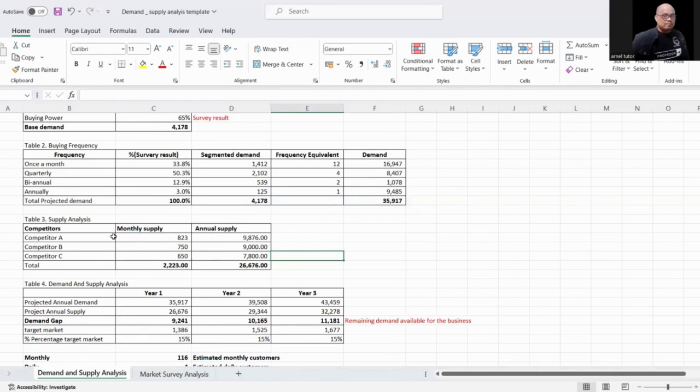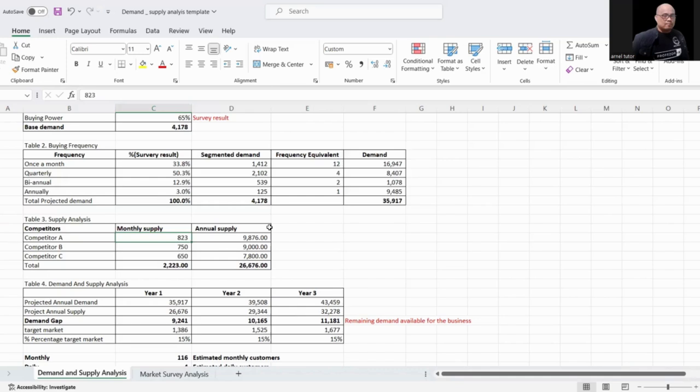So the question is, how do we obtain data for the monthly supply? Okay, so you have to be very keen about this. This is also very tedious because you need to interview the employee of your competitors, use your marketing skills to do that, and extract information from them. If they are not going to provide monthly supply or the monthly customers that they cater, at least ask them about how many customers they cater daily. Or if they're still reluctant to provide you information for reasons of confidentiality, then you have to stick around and observe how many customers are visiting the store and buying the product. So that is really very tedious.